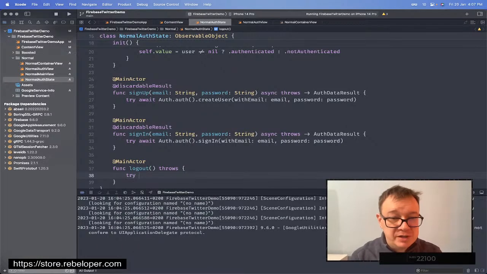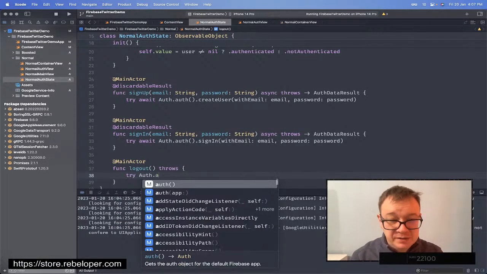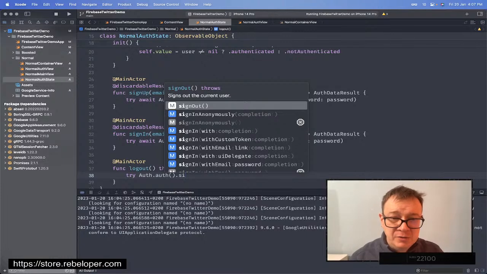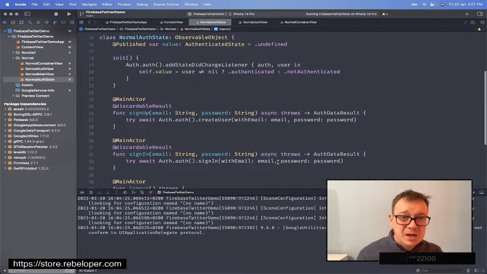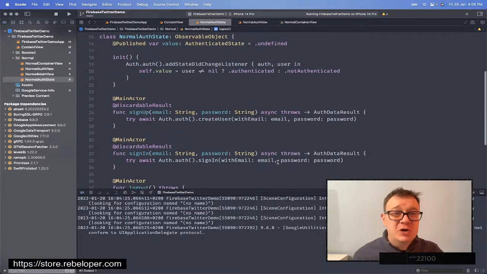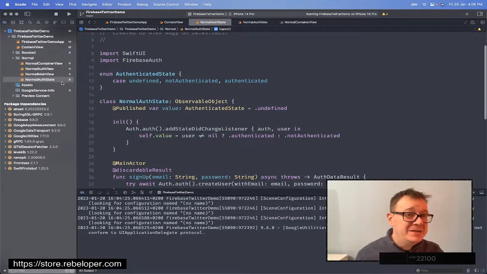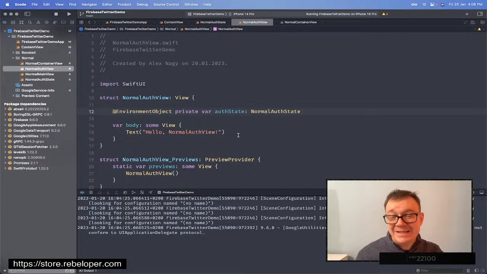Because we are going to try auth.auth.signOut, and basically that's it. We want to try to sign out, and we have our sign up, our sign in, our log out. Okay, enough of coding this backend. Let's just go back to our auth view and let's add in some views, because we do have available our